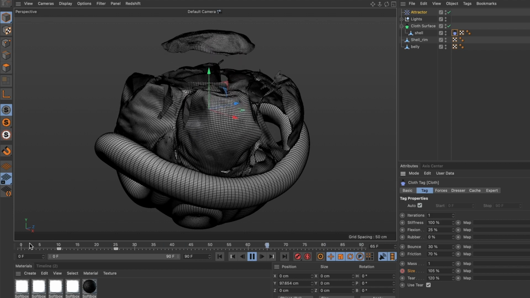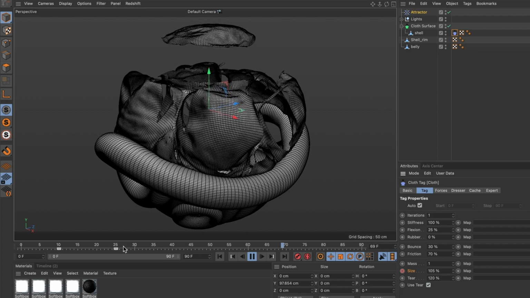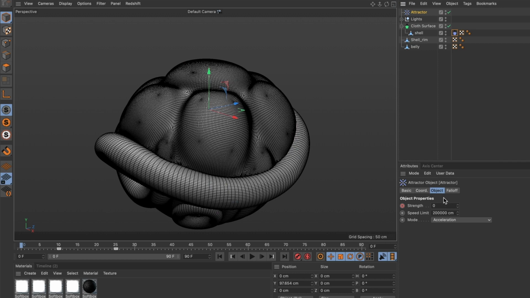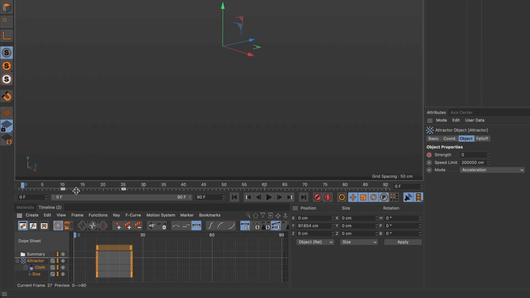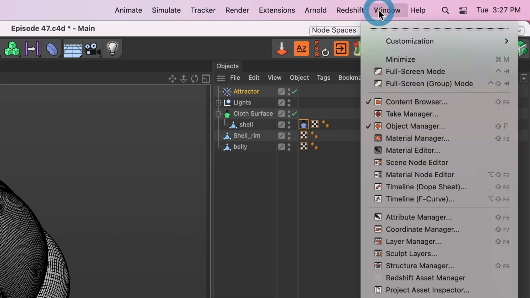However, I feel the explosion happens a bit slowly. I want the impact to be fast and not slow. To adjust this, I'll select my attractor and modify the keyframes in my timeline. If you don't see it, you can head over to Windows, then select Timeline Dope Sheet or Timeline F-Curve. Either one will work, as they open the same window. I'll choose Timeline F-Curve